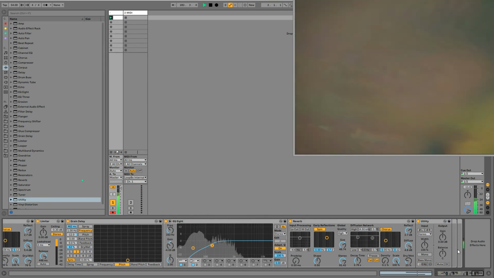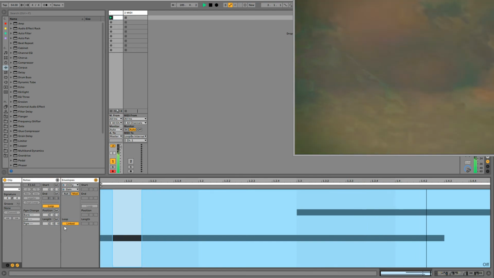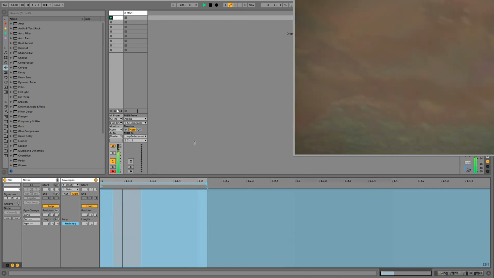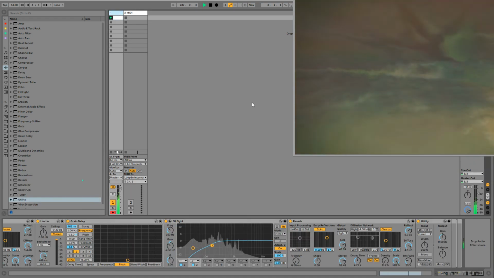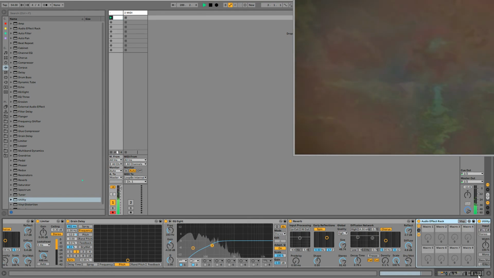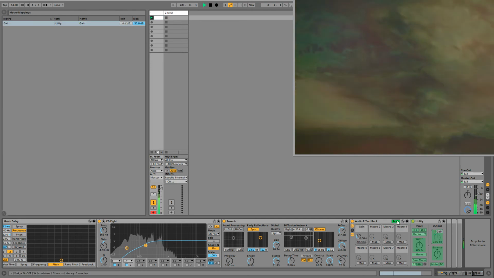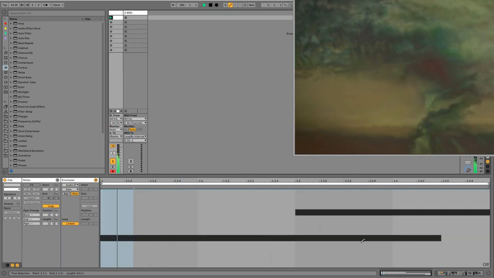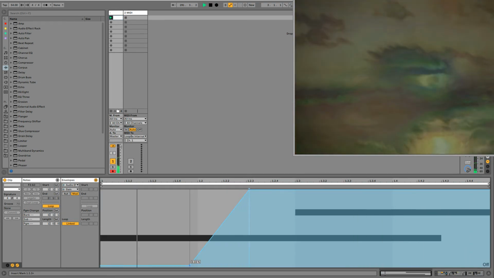So to demonstrate again the use of modulation plus double modulation plus automation technique, it's a mouthful. It's kind of an extreme example here, but I'll group this. I'm going to map this gain to a macro knob. I'm going to modulate the macro knob. We'll have it slowly fade up and fade down.